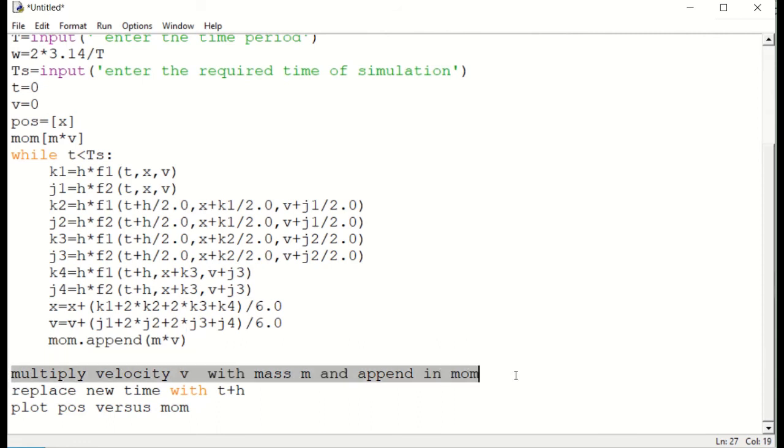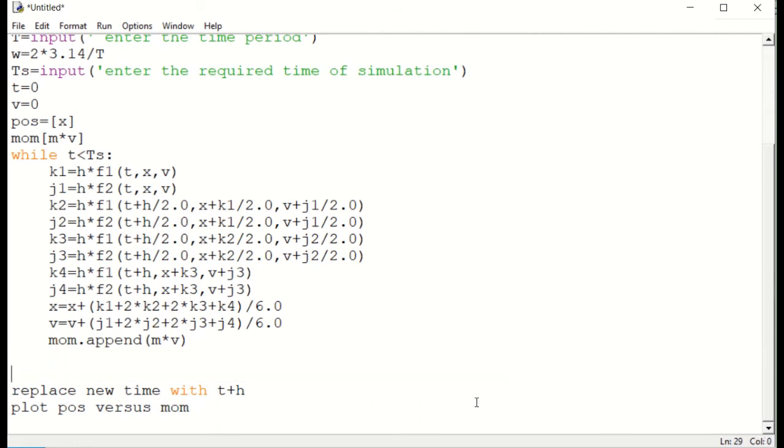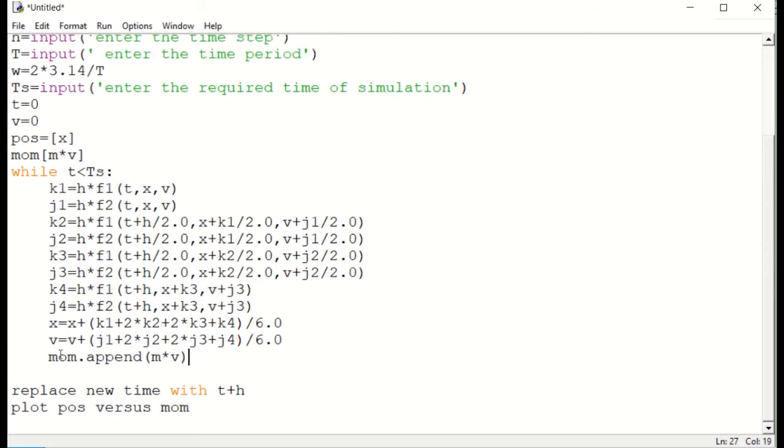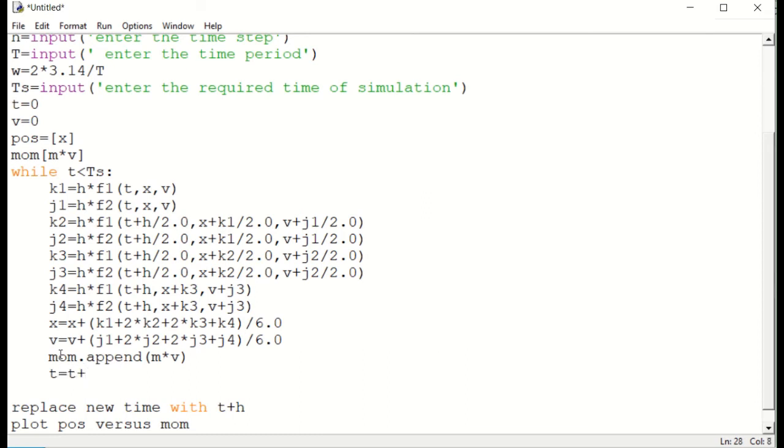Then the next step is we have to replace the time t with the t plus h. So we do that, t equals t plus h. So the iteration is over. So from the present value we calculate the next values of time, position and velocity respectively. So once the loop is over, we will have all the momentum appended in this one.